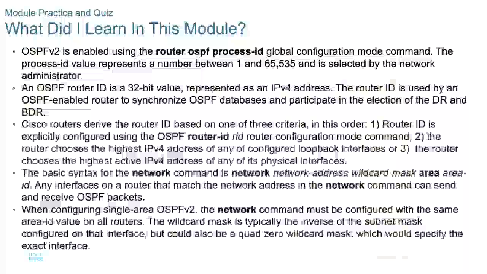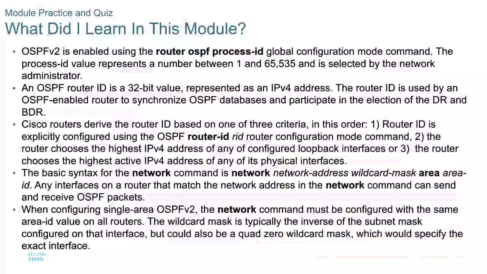Alright, so in summary, what did we discuss over Part A and Part B? So we know that we can enable the process with the router OSPF and the process ID, and that process ID is a value between 1 and 65,000. The router ID is a 32-bit value that's represented in dotted decimal format,